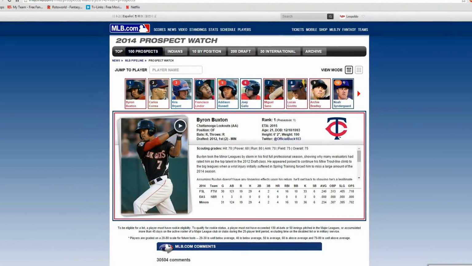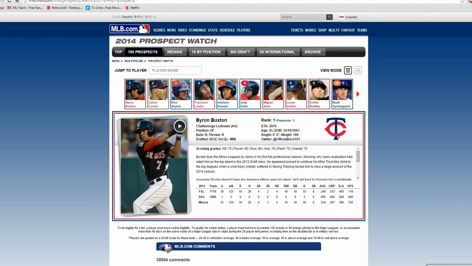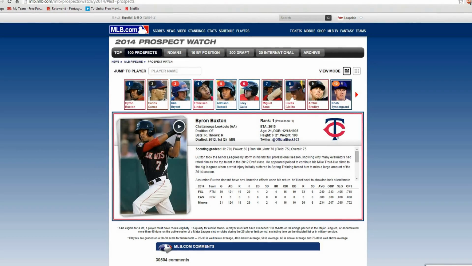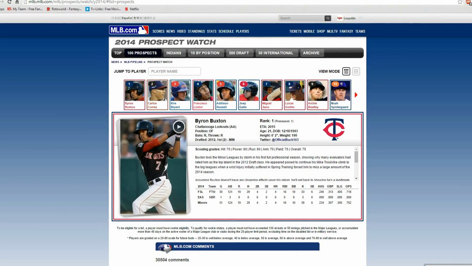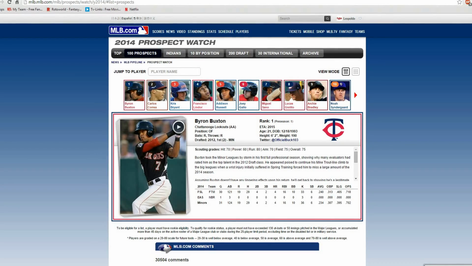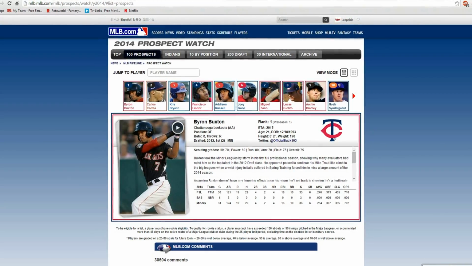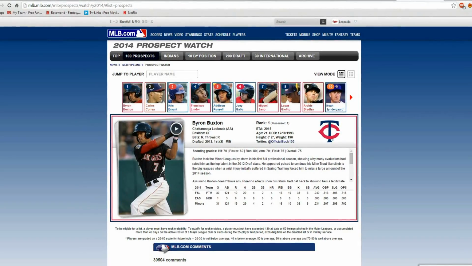But you should know these players, at least most of them, just because they will probably have an impact in 2015. Kris Bryant's a huge person you should know right now. Byron Buxton's a person that can go 30-30 in a given year, it seems like. And Kris Bryant's probably the best hitter in the whole minor leagues right now. So you should know these players just because they will come into effect next year, just like Mike Trout was when he came up, and Ryan Braun. So it gives you a huge advantage to know these players.